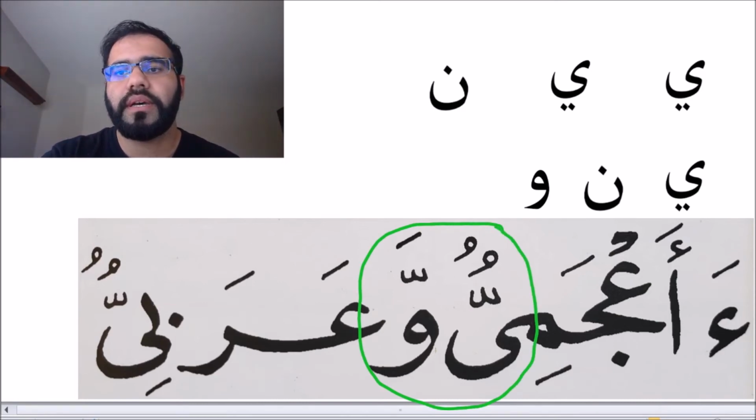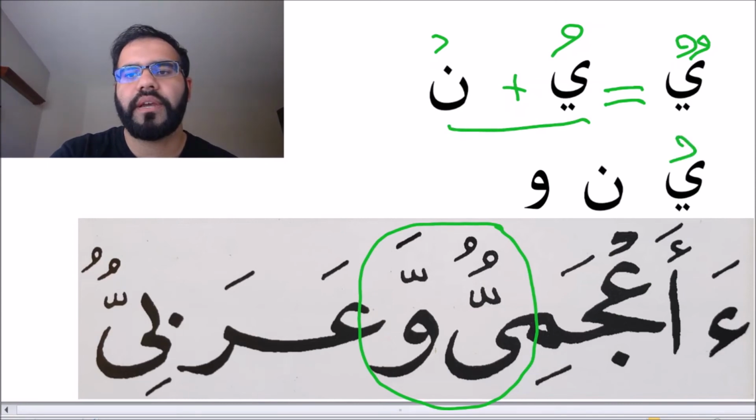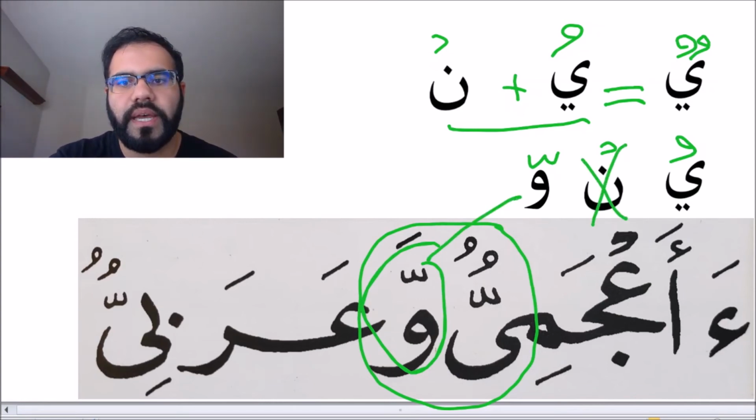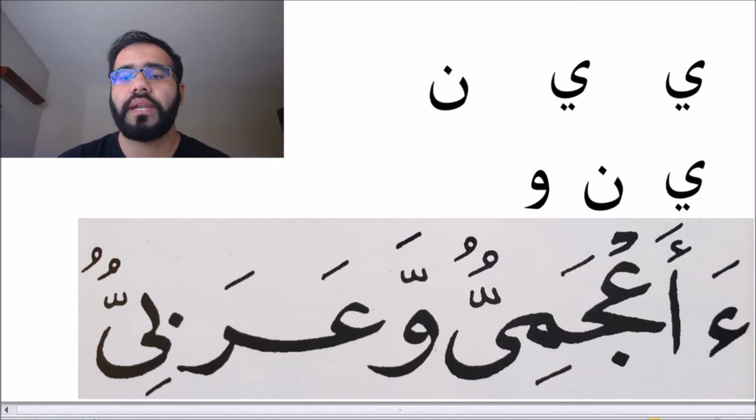So here's my ya with my two dhammas. The two dhammas can be broken down into a ya with one dhamma and a noon with the sukun. So just gonna copy this down here. Here's my ya with dhamma, noon sukun, wa with shadda, right? This wa with shadda is there. And just as we've been doing this entire time, you're gonna drop that. This ya will jump straight to the wow. So you would pronounce it as yunwa. Let's go ahead and do it now.